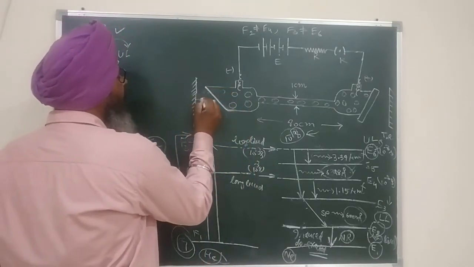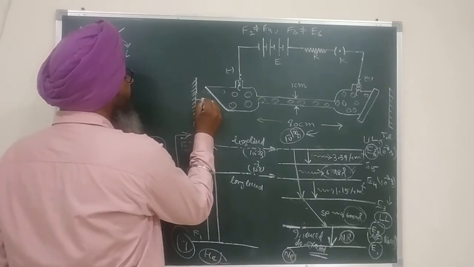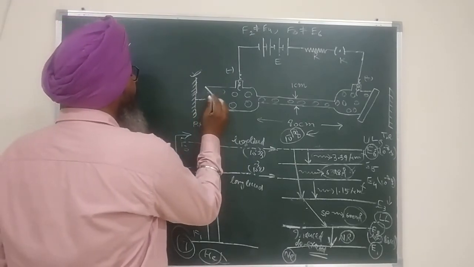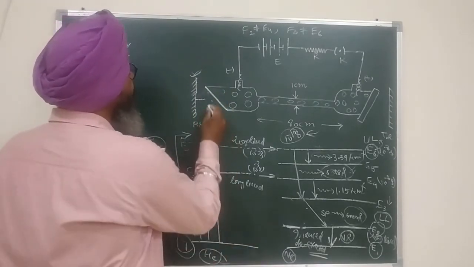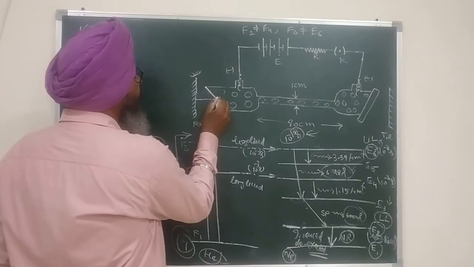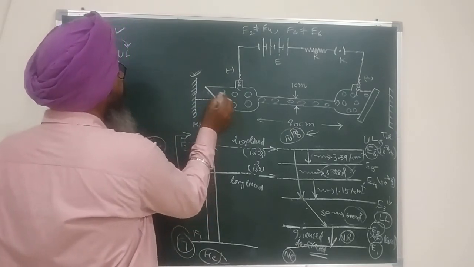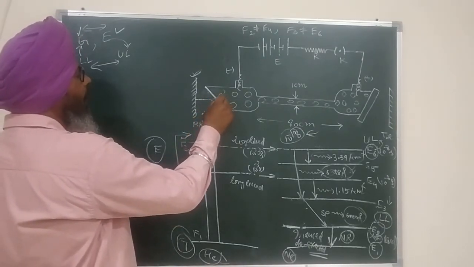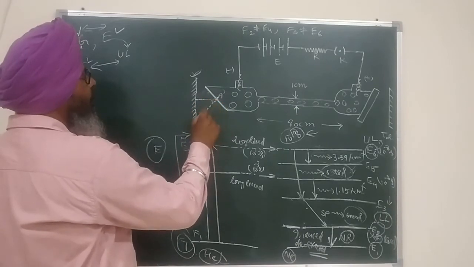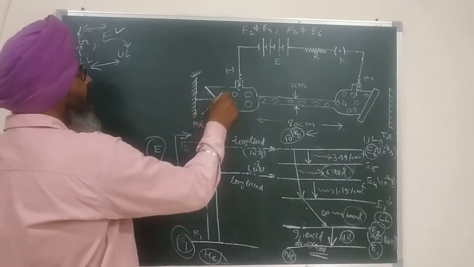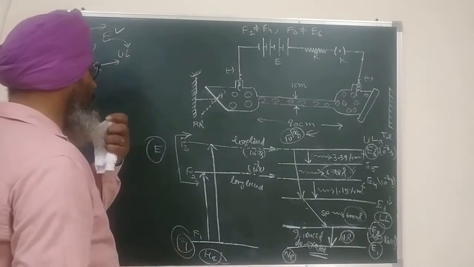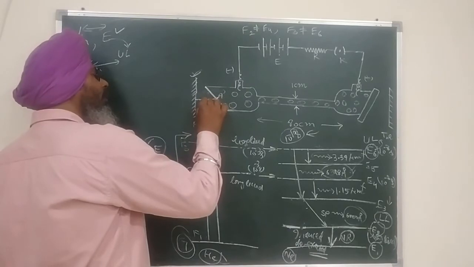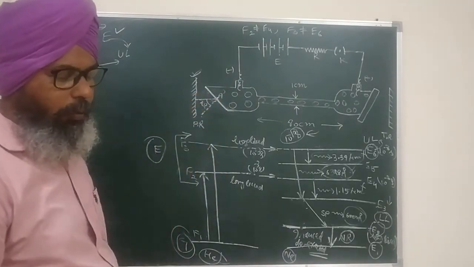If I draw a normal here, let us say this normal is to this mirror, it intersects at some point A here, and if I draw a normal on this face at point A, both of the normals meet. One normal is to the mirror, another normal is to this slanting face of the discharge tube. The angle between these two normals, this is IP. This is called Brewster angle or polarizing angle.